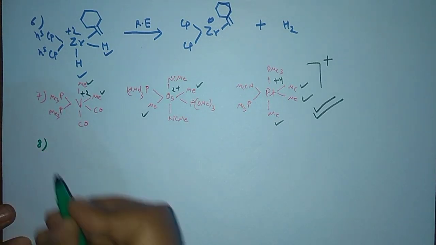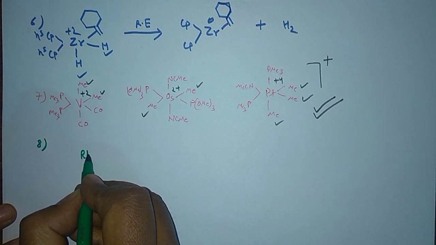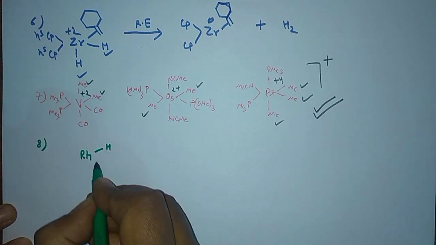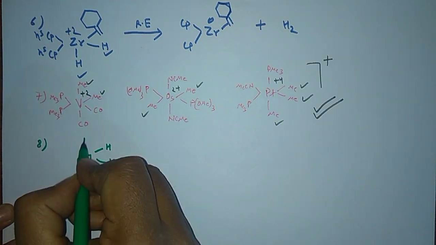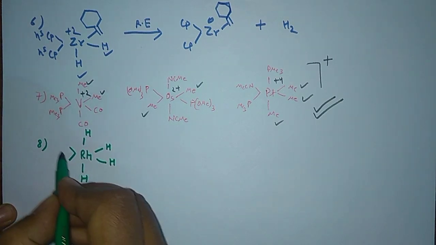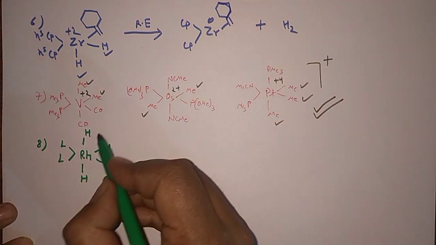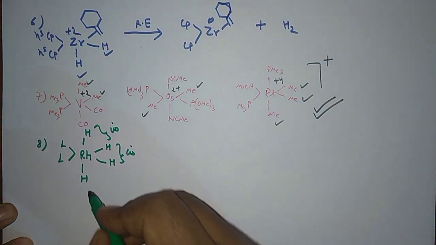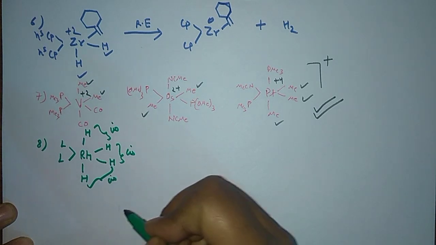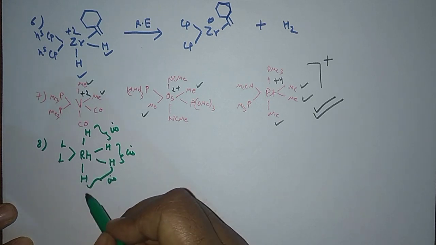See, I don't know whether this complex is formed or not, but for the sake of explaining, I'm taking this particular example. Say I'm having my rhodium here, and 1 hydrogen I have attached here, another hydrogen here, and 1 hydrogen here, and say another hydrogen here, and these are the 2 L ligands. Say you have this particular kind of complex. See, these two have the cis relationship, these two also, these two also, similarly these two also have the cis relationship. So total how many sets can you form?